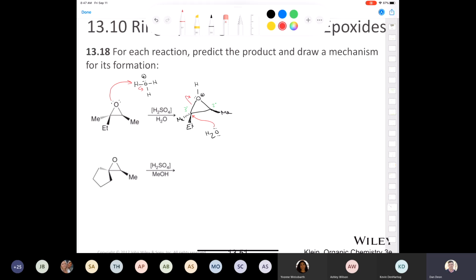You don't switch the dash and the wedge. They're just going to go from pointing down to pointing up. So let's draw what we would get. We'd have our carbons from our epoxide. We're going to have our hydroxyl over here. We've got this methyl group over here. We don't exchange these two groups. Here they're pointing down like this. Now you're going to have the methyl still on a dash, the ethyl still on a wedge, but now they're pointing